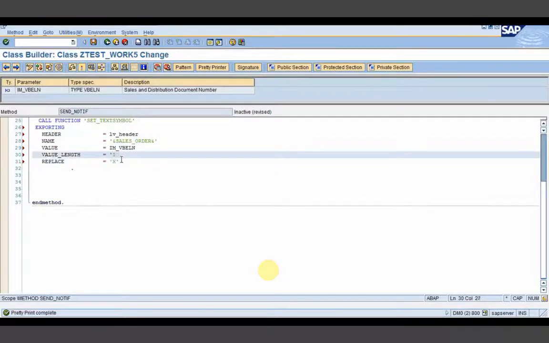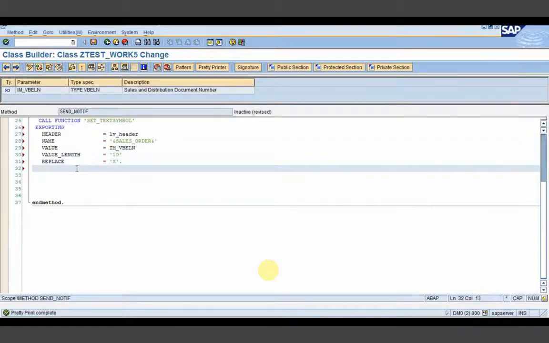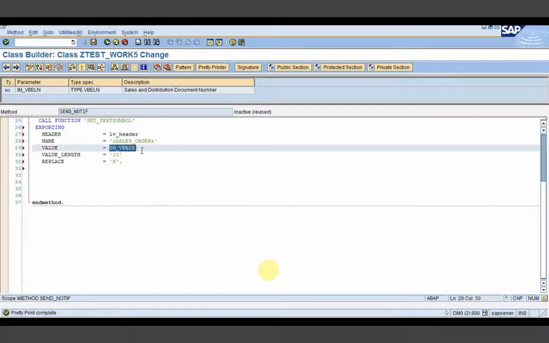The length is 10, the value length. Now the sales order symbol is being set by this particular dynamic value.